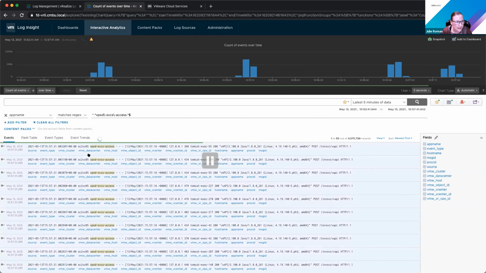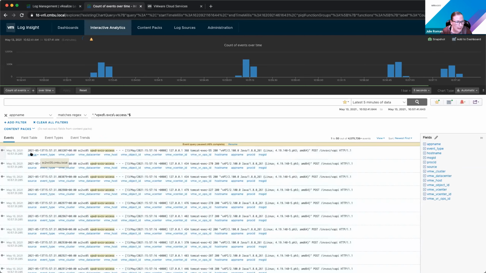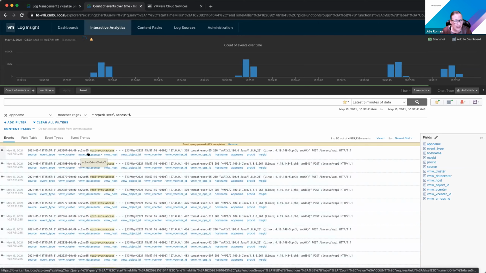If you're using interactive analytics, if you highlight these blue fields, it will give you the value of that field, and it will highlight it in the log message if it's present in the log message. So notice when I hover over host name, it's showing the data. And if I hover over app name, it's showing me the application.